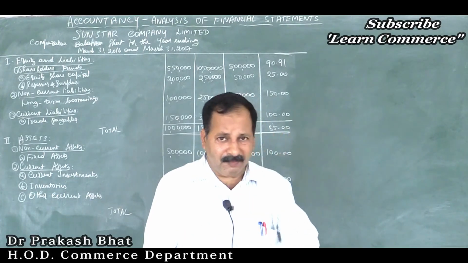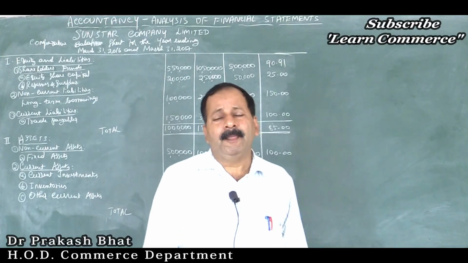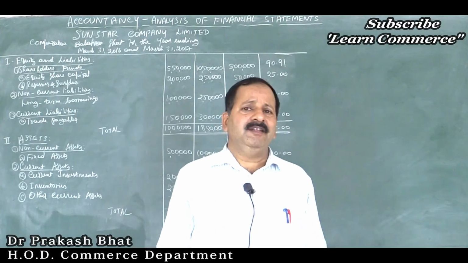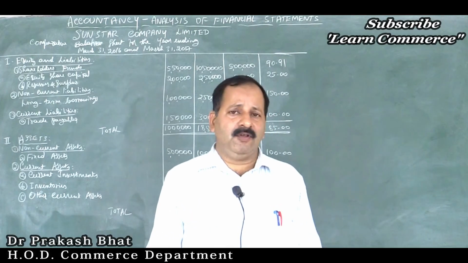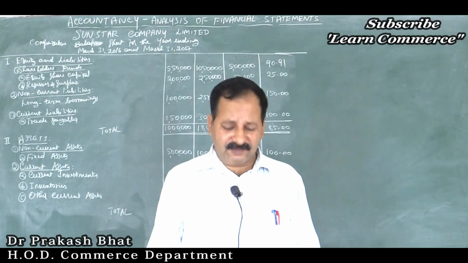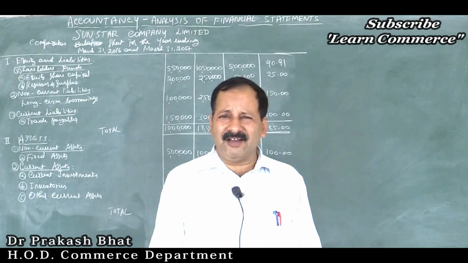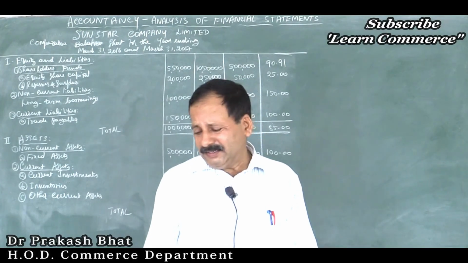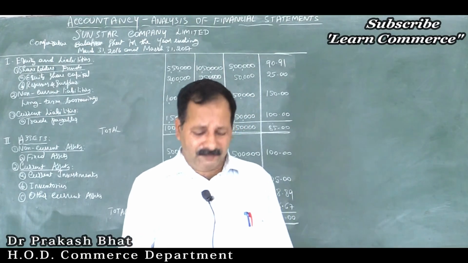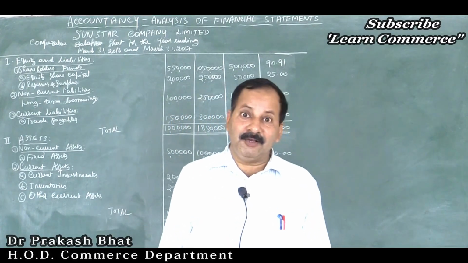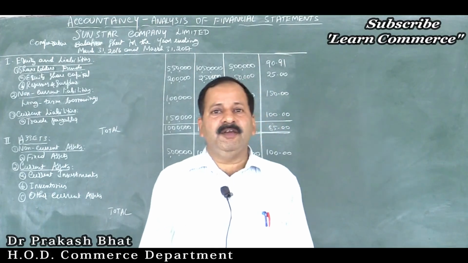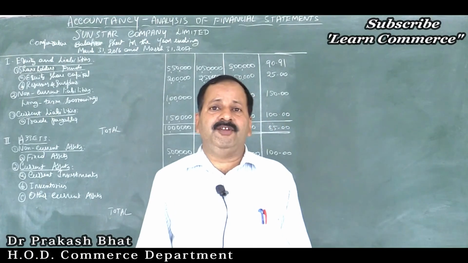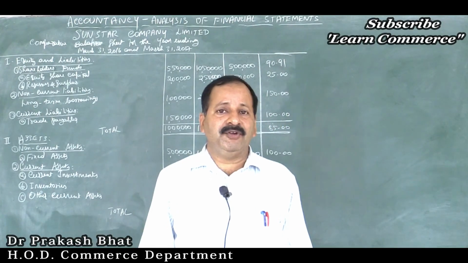They will give you the balance sheet or statement of profit and loss, and you have to take the required figures as per your formula and calculate the ratio or percentage. So that is ratio analysis. I think 10 to 12 classes are enough for that. Then 4 to 5 hours for cash flow statement, very small chapter. With that we will conclude our syllabus. Now take down the assignment: solve this problem, Sun Star Company Limited comparative balance sheet, and submit the assignment on time.